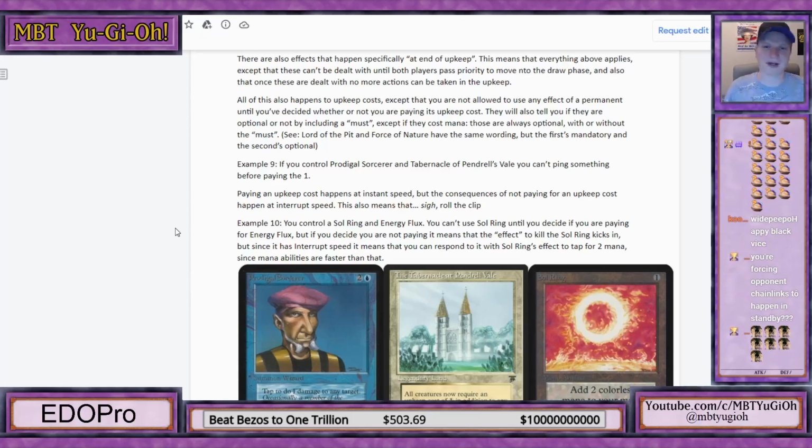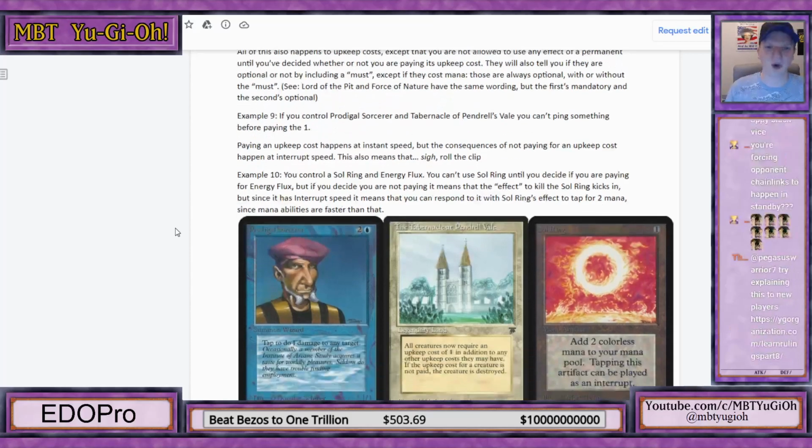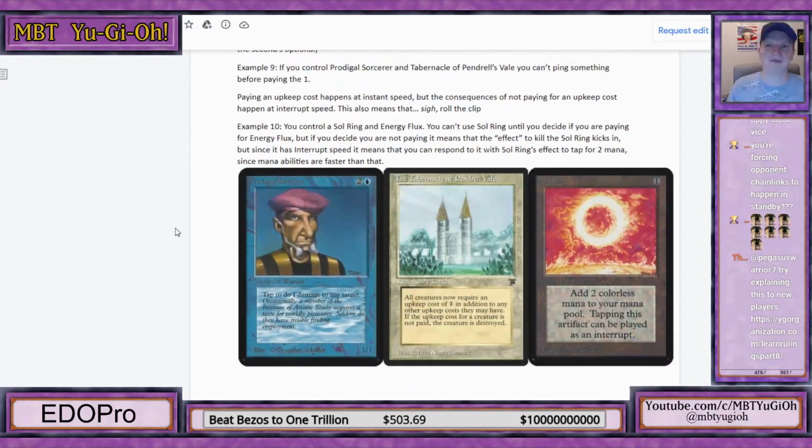See, Lore of the Pit and Force of Nature have the same wording, but the first is mandatory and the second optional. Example 9. If you control Prodigal Sorcerer and Tabernacle of Pendrell Vale, you can't ping something before paying the 1. Paying an Upkeep cost happens at instant speed, but the consequences of not paying for an Upkeep cost happen at interrupt speed. That means...